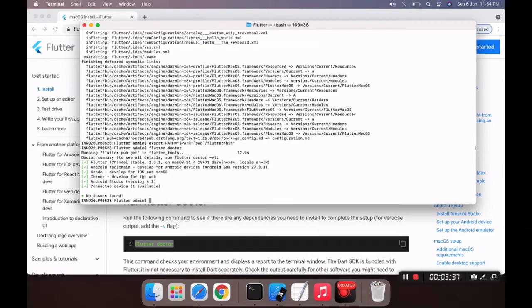Now, as per flutter doctor, each and everything is well set up on my macOS, because I have already installed Xcode with its command line tools and simulator, and also already installed Android Studio. That's why it's giving success.